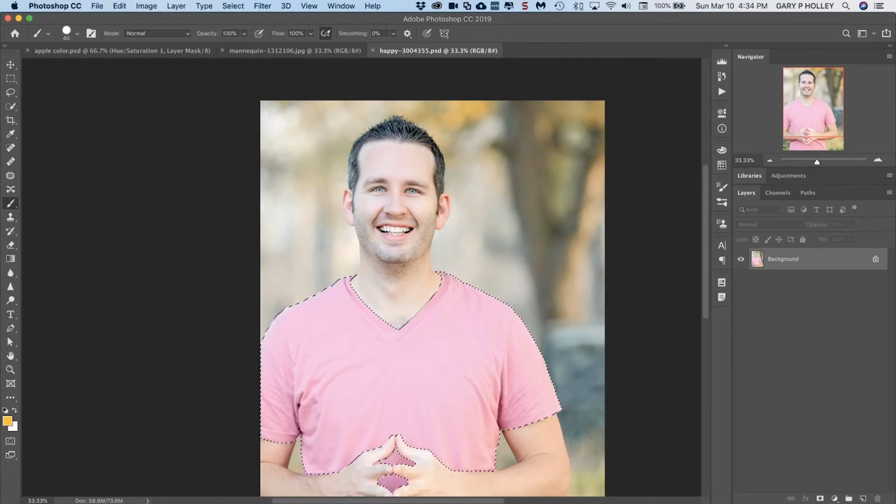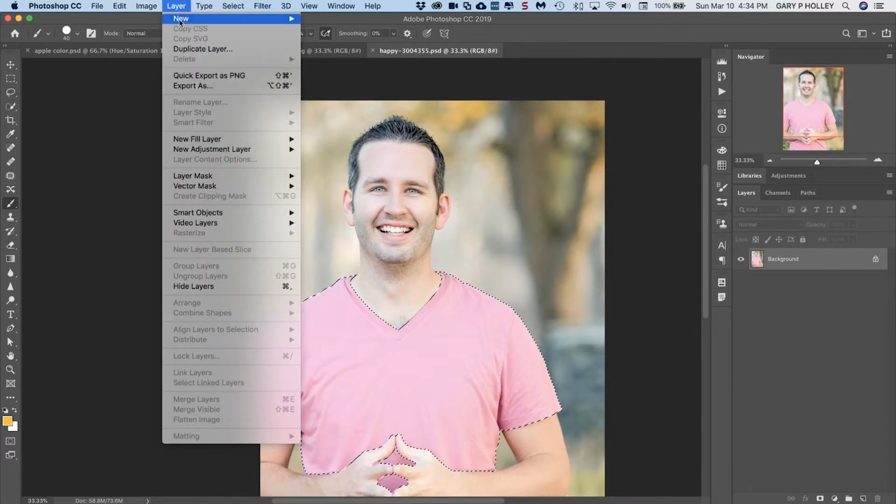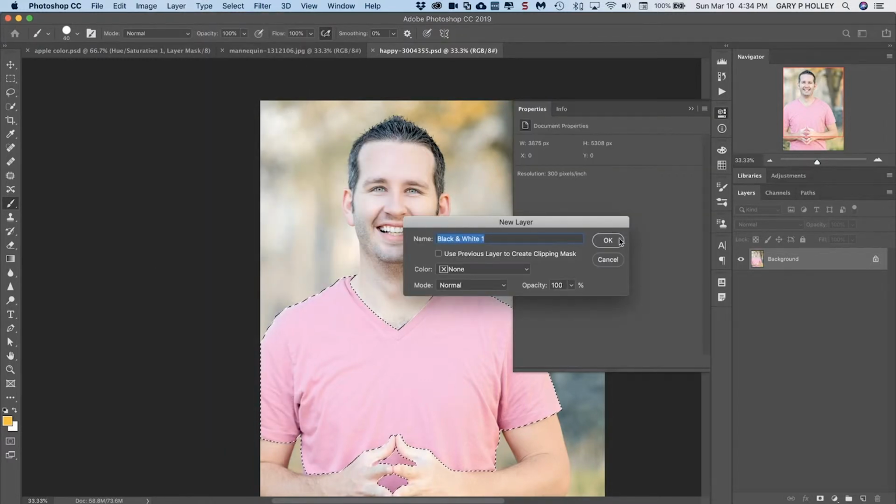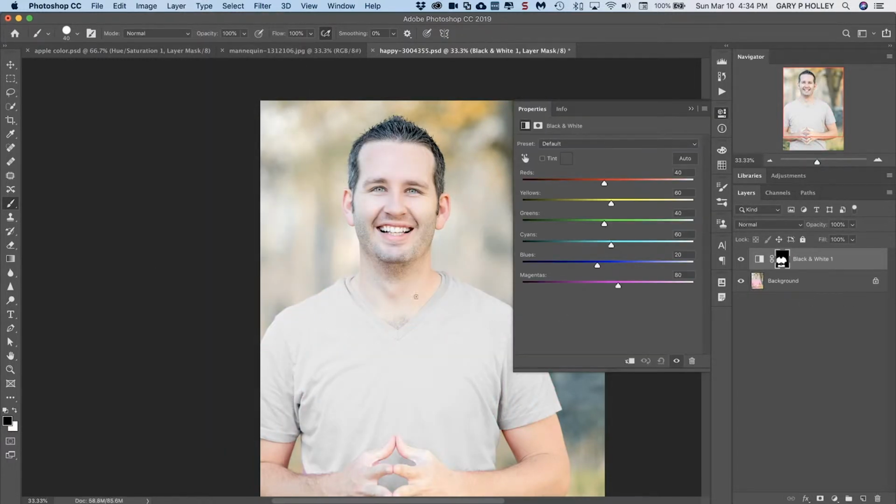So the first thing I want to do is convert the shirt to gray. Layer, new adjustment layer. Now you could use the hue saturation and take the saturation completely down, but I'm going to use black and white to convert to black and white. Click OK, and notice it goes to black and white. You can click on auto to see what it does. You can also push and pull